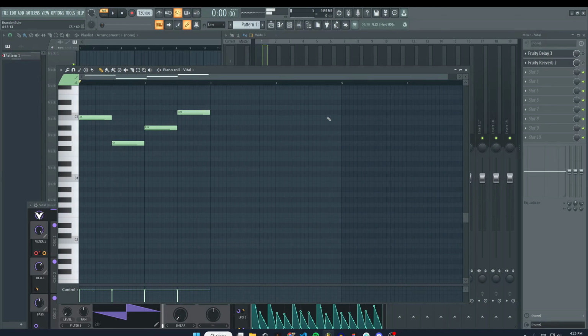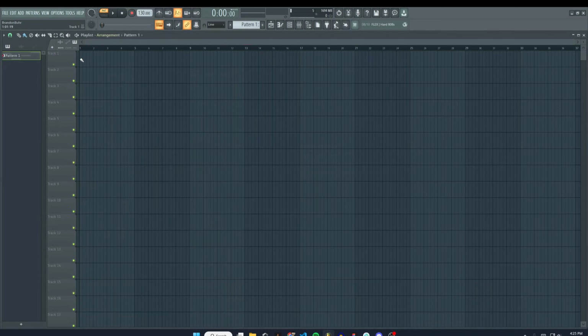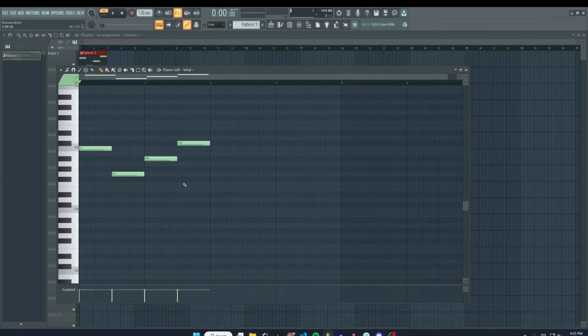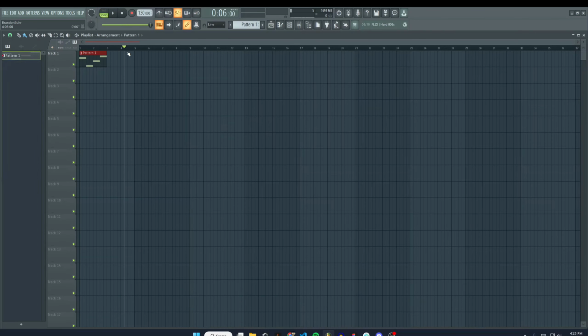And let's say you wanted to add this now to your playlist. All you have to do is, since we have this piano roll currently selected here, we're on pattern 1. We're just going to click on pattern 1, right here. Just click on it, go to our playlist, and you can see when I hover over here, it's this paintbrush. Just click, and boom, there's our pattern 1, and it is exactly what is in our piano roll right here. So now, if I bring the slider all the way back and hit play,